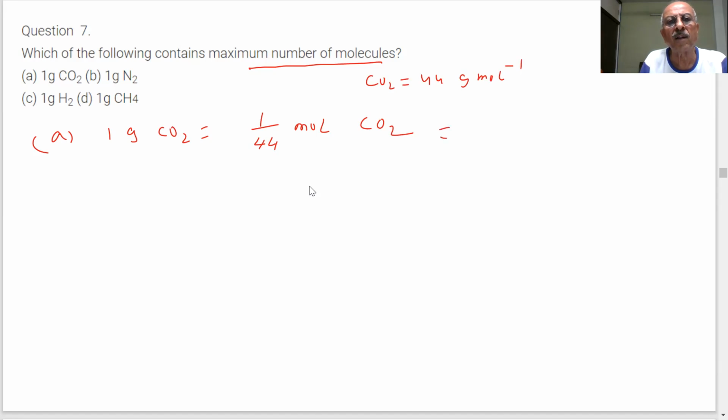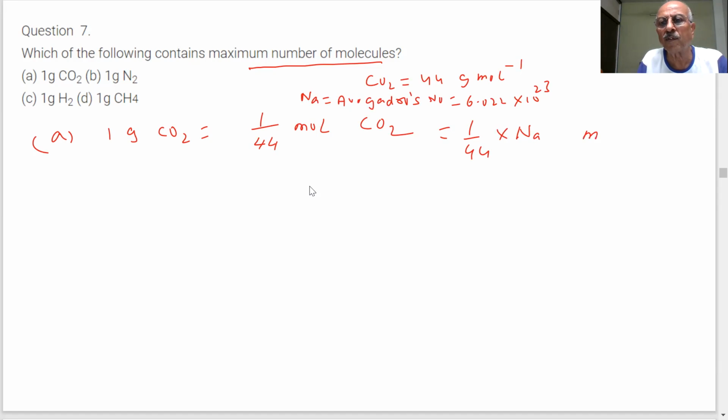And then if you want molecules, what you do? 1 by 44 into Avogadro's number. What is Na? Avogadro's number. How much is that? 6.022 into 10 power 23. So these are the molecules